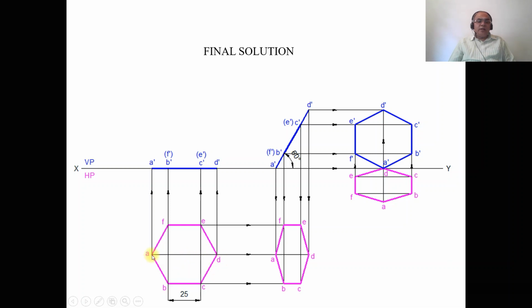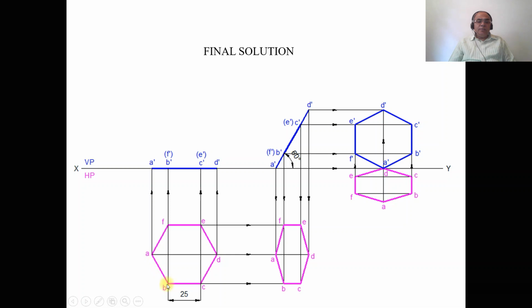Then once you get these 2 points, by using the compass with a radius of 25, with A as center, cut an arc on the circumference of the circle above the horizontal diameter and also below the horizontal diameter. Similarly, with D as center, taking the radius of 25, again cut on the circumference of the circle above the horizontal line and also below the horizontal line. And you mark these points as B, C, E and F.